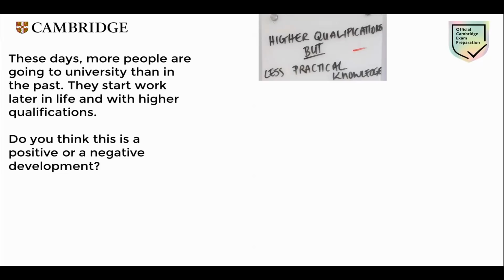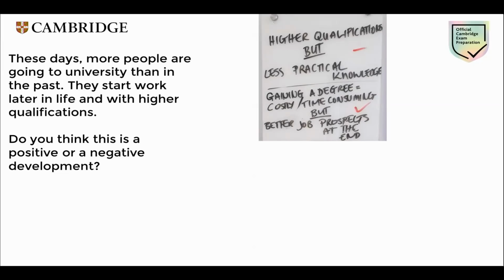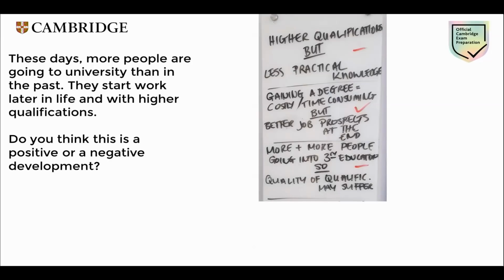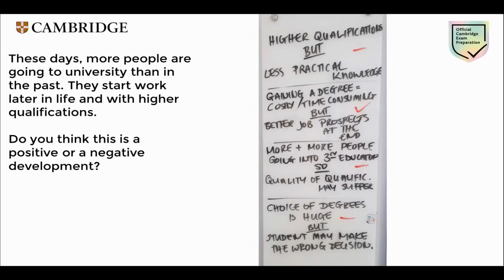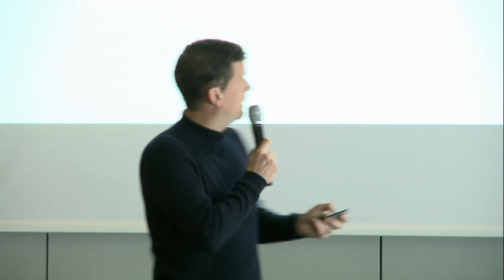Higher qualifications, but less practical knowledge, which is a bit of a negative thing. If you get a degree, it can be costly and time-consuming, but better job prospects at the end. More people going into tertiary education. However, the quality of the qualification may suffer. Huge choice of degrees. There's more universities offering more things, but that may mean the student makes the wrong decision. Those were just ideas they came up with. And then we went into,